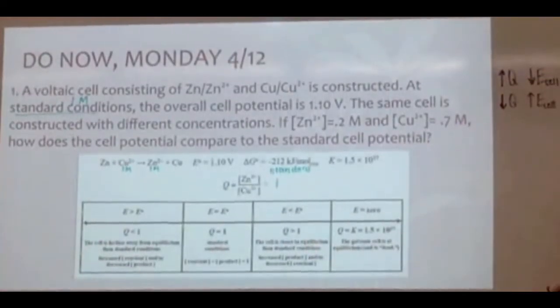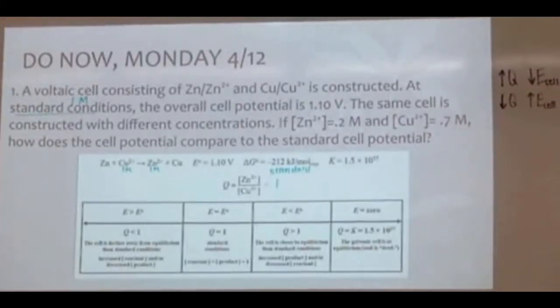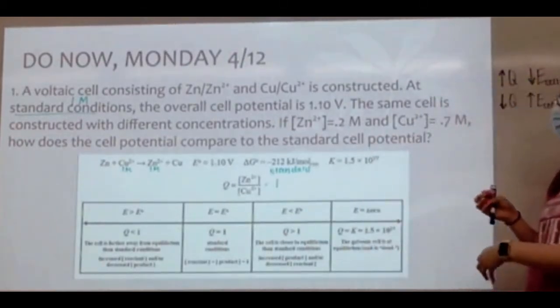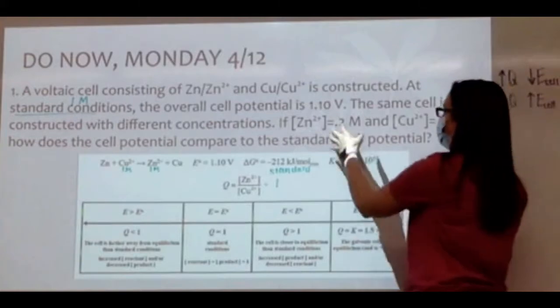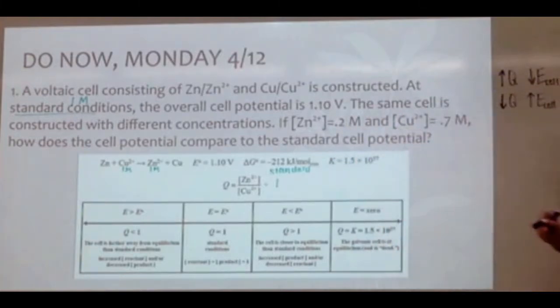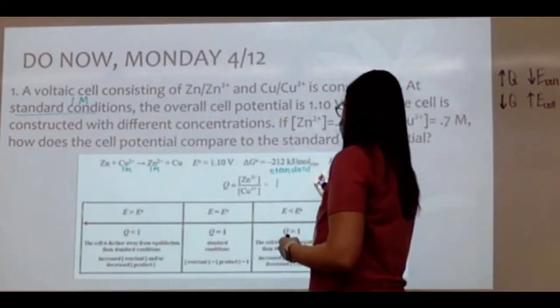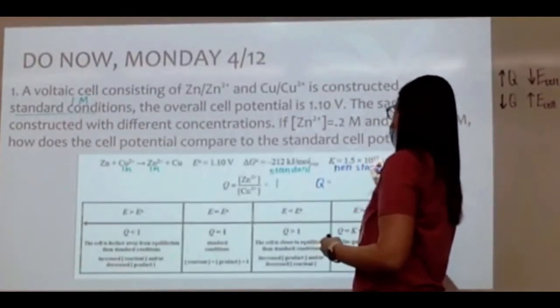Now, if we construct the cell with different concentrations, we're not at standard anymore. When you change anything about a voltaic cell, really when you change anything about any electrochemical cell, whether it's voltaic or electrolytic, calculate Q. Remember, we compare Q to 1. So I calculate Q for the non-standard conditions,